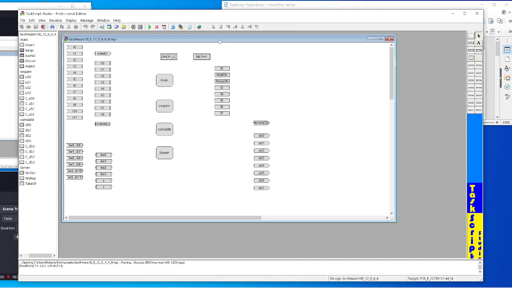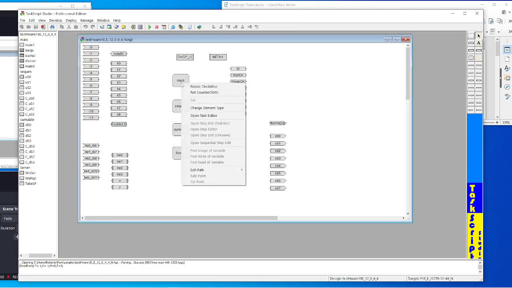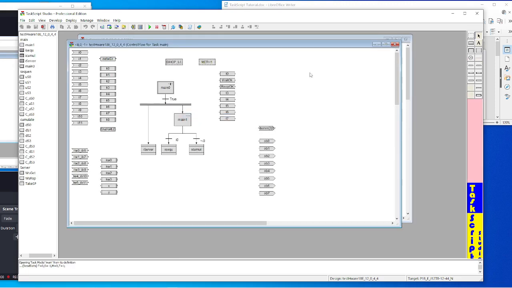So this program is quite simple. Everything starts in the main. So here we have 3 parallel threads. One parallel thread is a server, a HTTP server, which accepts connection and exchange data. And then we have 2 other tasks which run alternatives